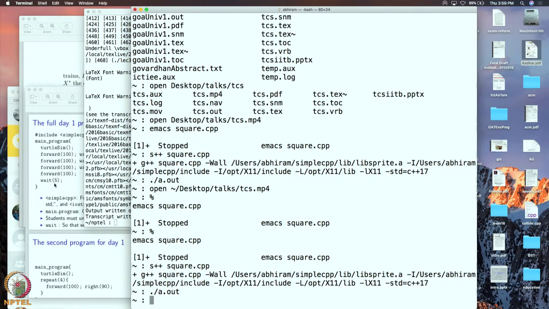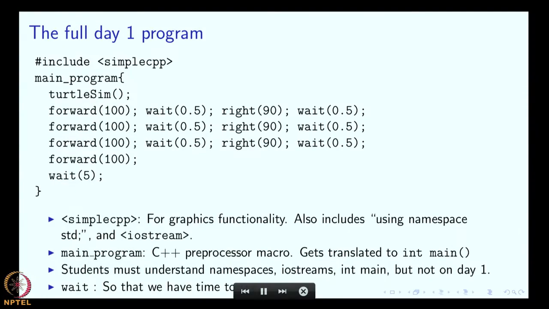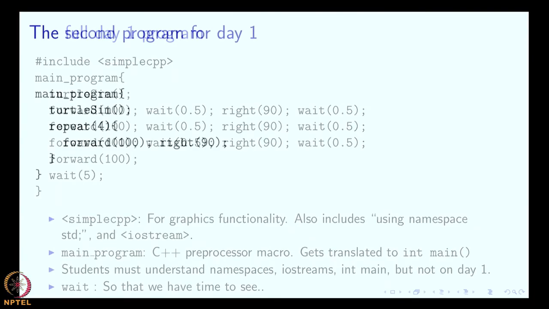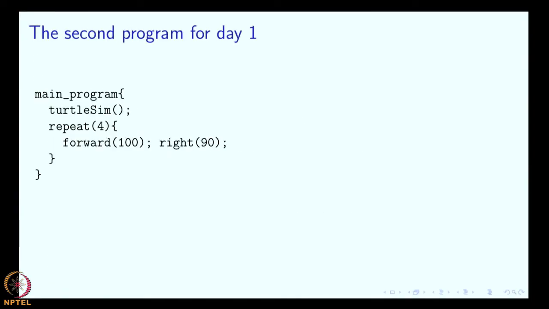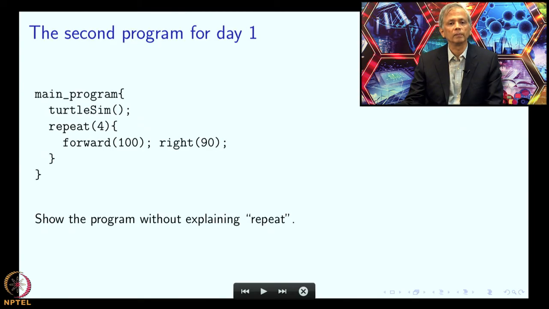All right. So, let us go back to the lecture. Okay, so this is the full day 1 program that we talked about and we just executed a minute ago. So, here is the second program for the first day. Here I have everything except that instead of typing in forward 100 right 90 4 times, I have put them inside a repeat. So, what I do when I teach this course is I show students this program,